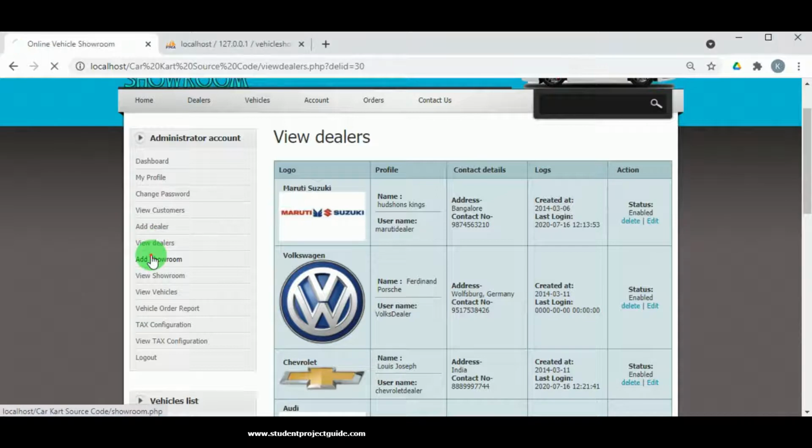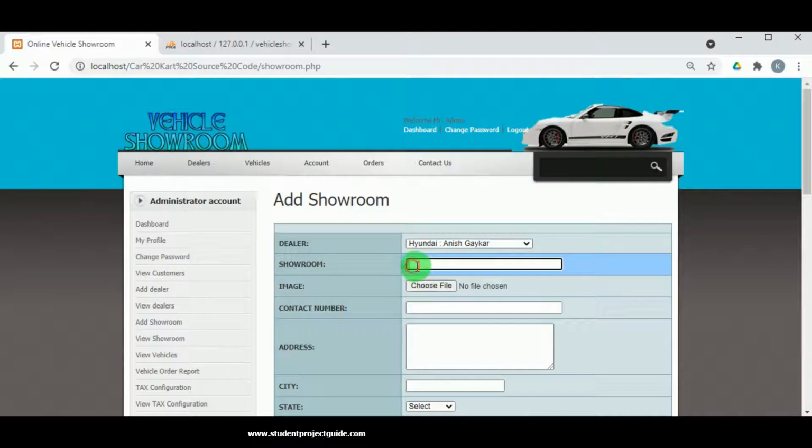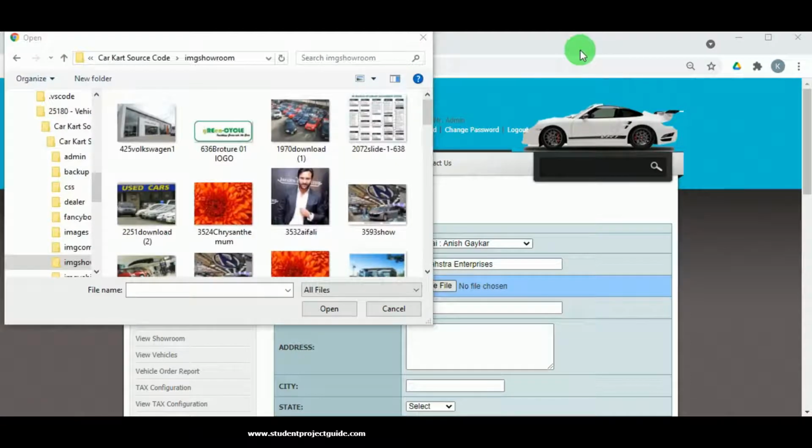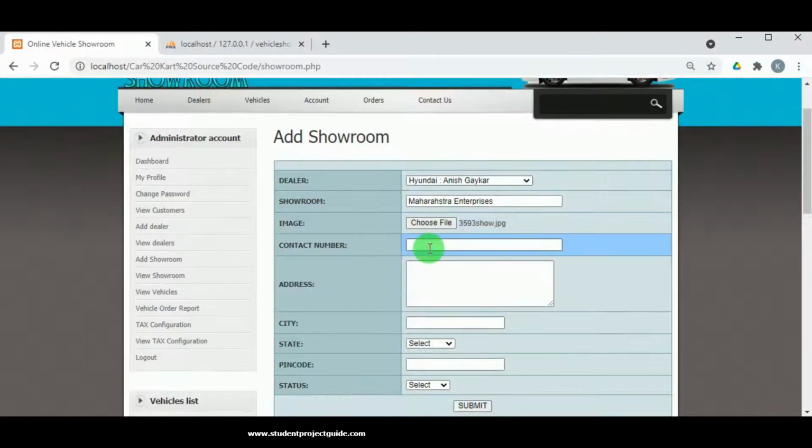Under add showroom, the admin can add the showrooms by selecting the dealers, then the showroom details, that is the name of the showroom, the image of the showroom, the contact number, and the address of the showroom is necessary, that is in which location the showroom is located.